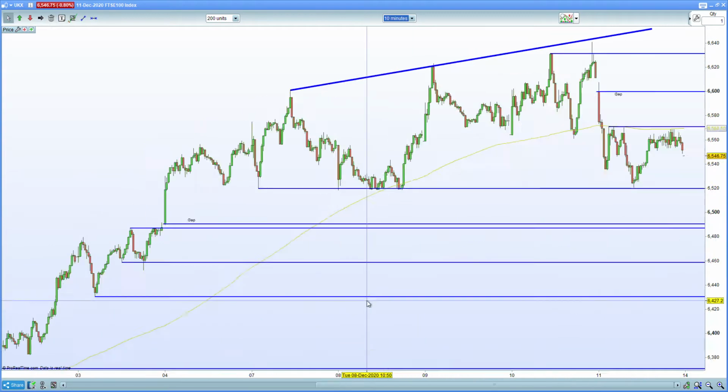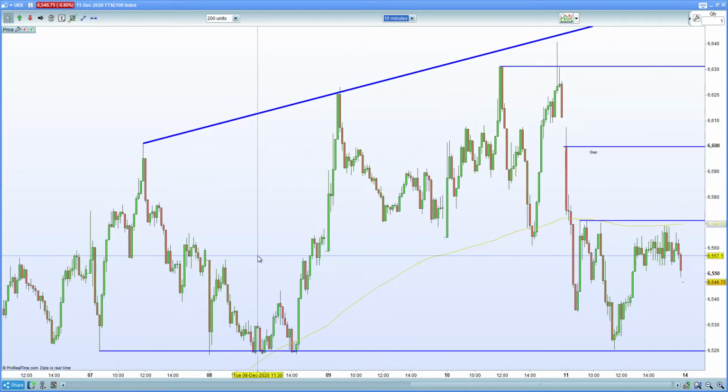I certainly will be tempted to short the FTSE, given the fact that we have seen weakness in the US markets as well on Friday. And given the fact that Nasdaq is under pressure, and that's been the real catalyst for the rally in terms of US stocks. Also, the potential scenario of a fiscal stimulus package towards the end of the year is